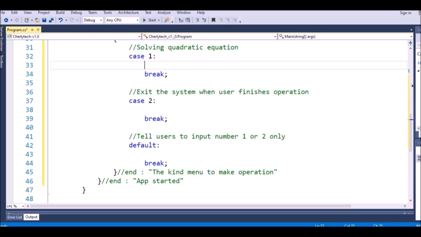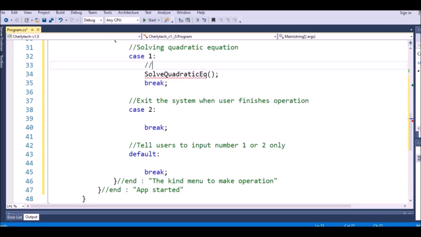So for example, that I created a method called solve quadratic equation, for example like this, and just write this, and I comment that call the method, just copy this one, call the method solve equation quadratic, call this one for quadratic equation solving,